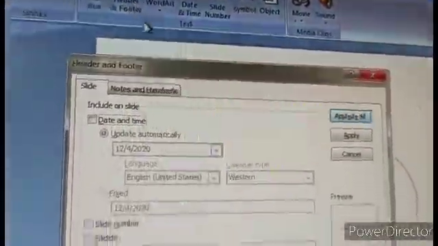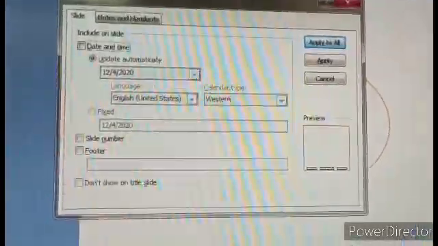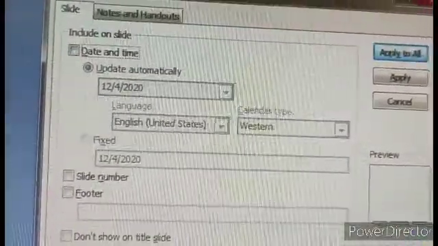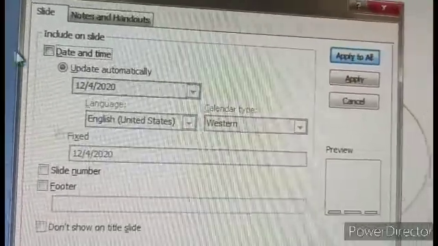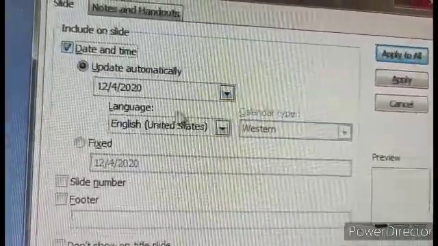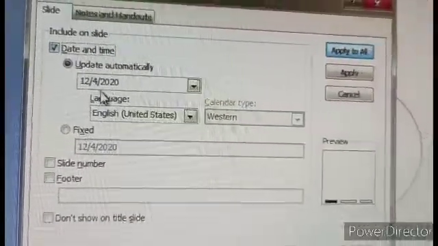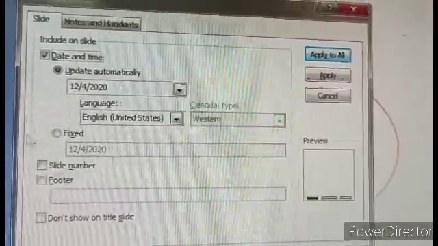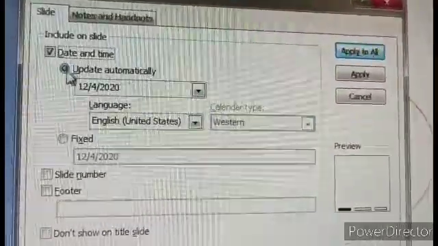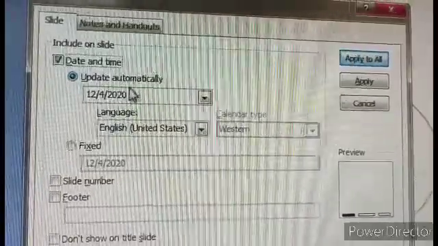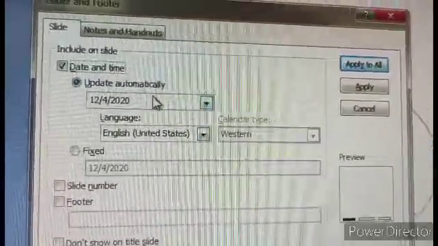Click on header footer, and you will get this kind of dialog box. See, here is date and time. Because the date is correct, I am not changing it. This radio button is on, which means update automatically.